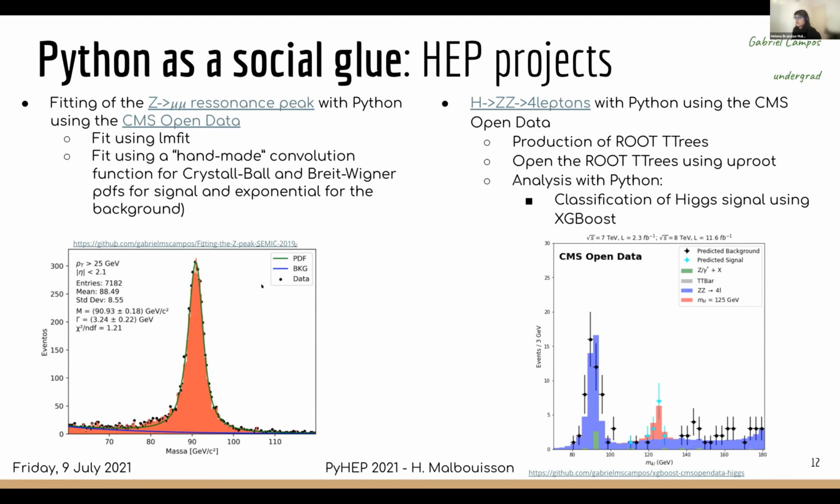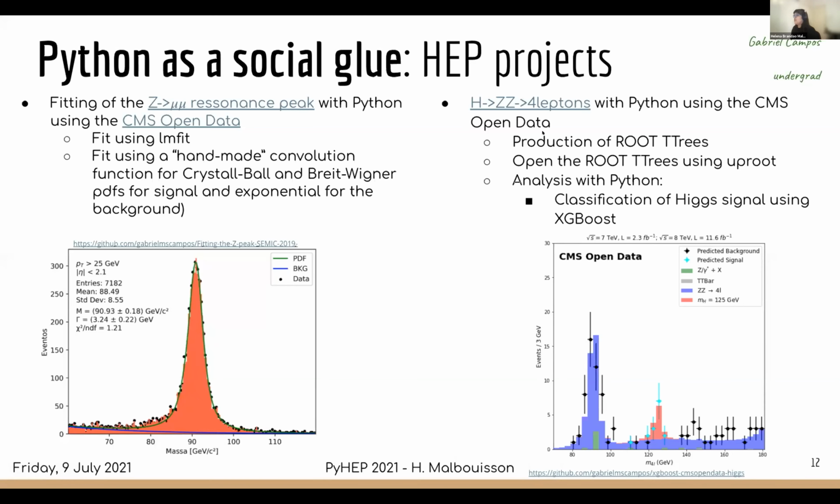He started with a fit on the Z peak, on the Z to mu mu. This is a notebook that is available in the CMS Open Data, and then he modified it to use a different fitting package. And then for fitting the signal, we wanted a convolution of 2 PDFs, and he did it by hand. Now we could of course improve this by using, for example, the zfit package as it was shown here in the workshop. But Gabriel has now moved on to do his master's with us, and this was his bachelor